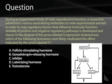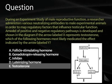During an experimental study of the male reproductive function, a researcher administers various neutralizing antibodies to male experimental animals in order to map the regulatory factors. So they tell you in this question that X represents testosterone, and they want to know which hormone represents Y. So the correct answer to this would be testosterone, because number one, the Leydig cells, as I told you earlier,